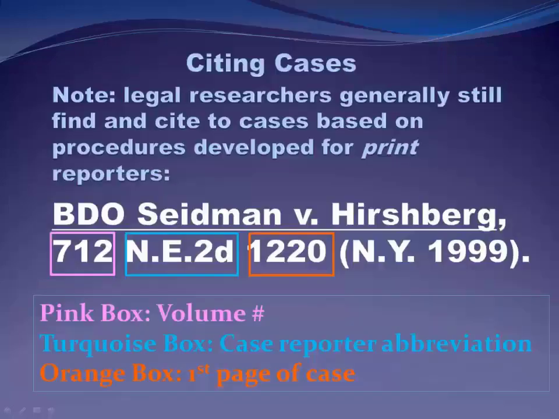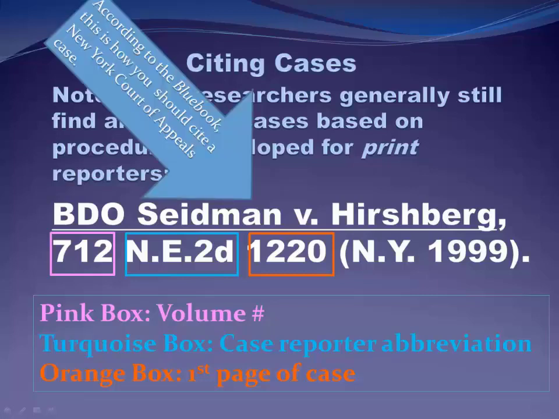So when you cite to a case, we're still kind of pretending like we're looking at it in print. So we're still citing to a volume and a reporter and a page number as if we were looking at it in an actual printed volume, even if we've never done that and we're looking at it on Westlaw or Lexis. That's still how you do citation. This is actually how you would cite a New York Court of Appeals decision. This is exactly the correct cite, and you can see that you're not citing to the official New York Reports. That's the Court of Appeals reporter that's been designated by statute, but that's not what the Blue Book wants you to cite to. It wants you to cite to the Northeastern Reports